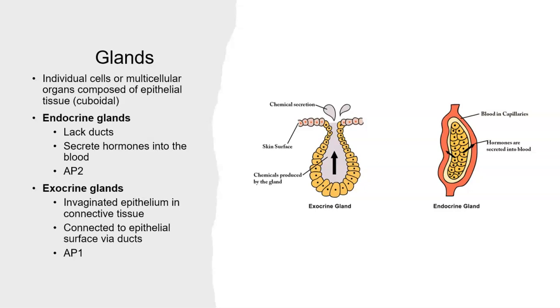So we have two major types of glands. Endocrine glands, endo, think inside. They do not have a duct and they secrete their products called hormones into the blood. Then the blood transports those hormones throughout the body to cause something to happen. So hormones are simply chemical messengers. They cause an action to occur, or in some cases, actions to not occur elsewhere in the body, such as